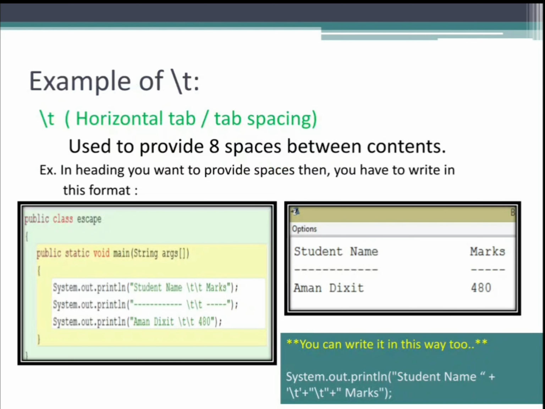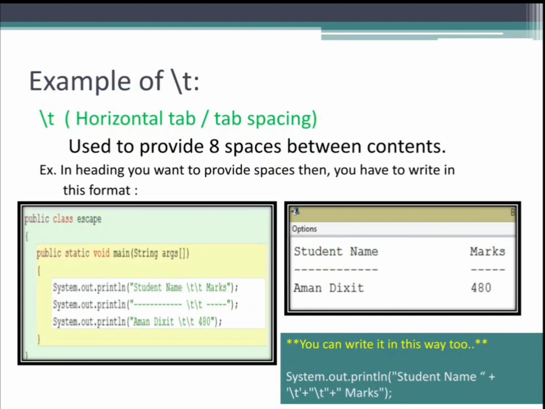And one more thing I want to tell you, you can use it in a different way also. See, in the last one I had written system.out.println student name in double quotes, then I am using the concatenation operator, means plus sign, then single quotes, and inside single quotes I had placed backslash t.